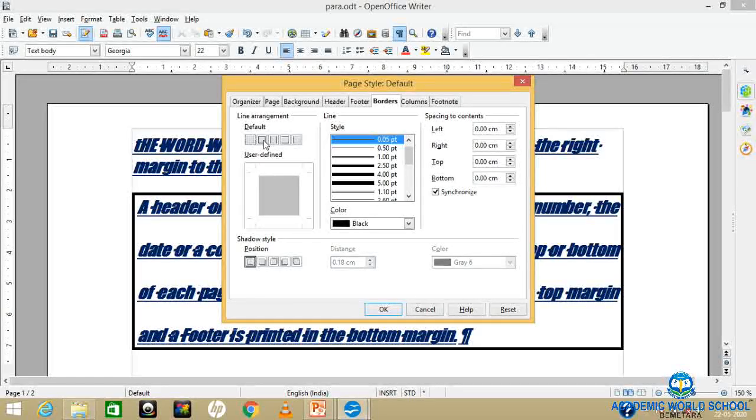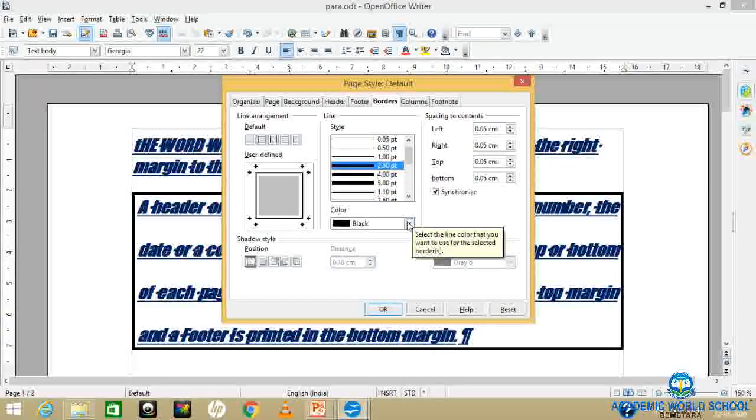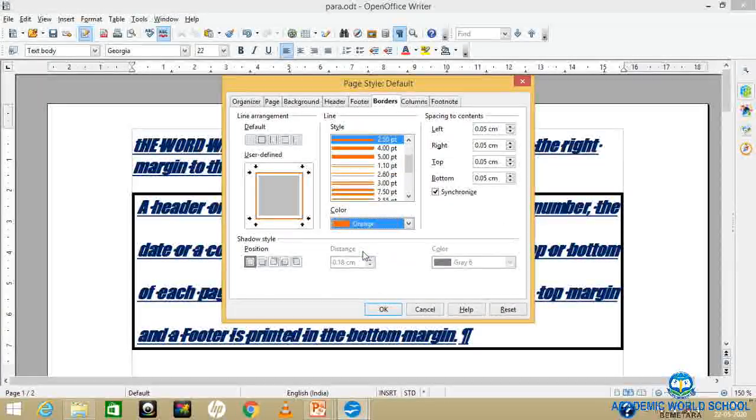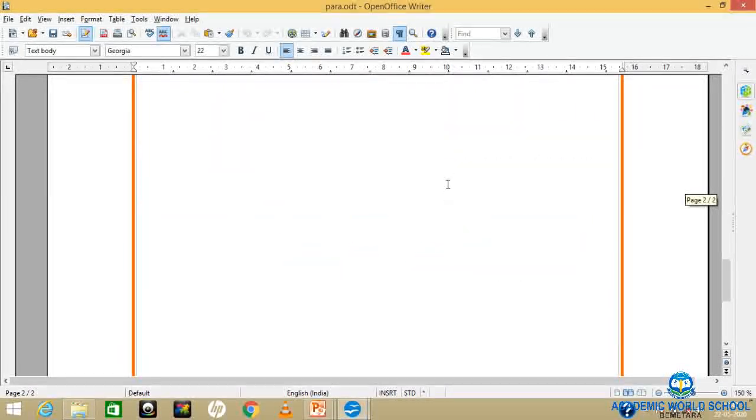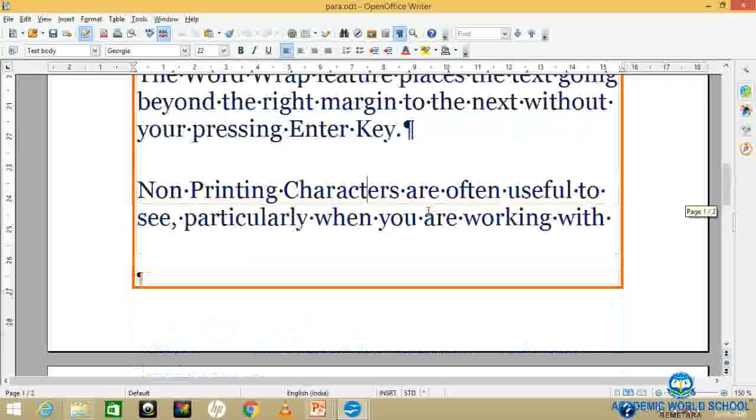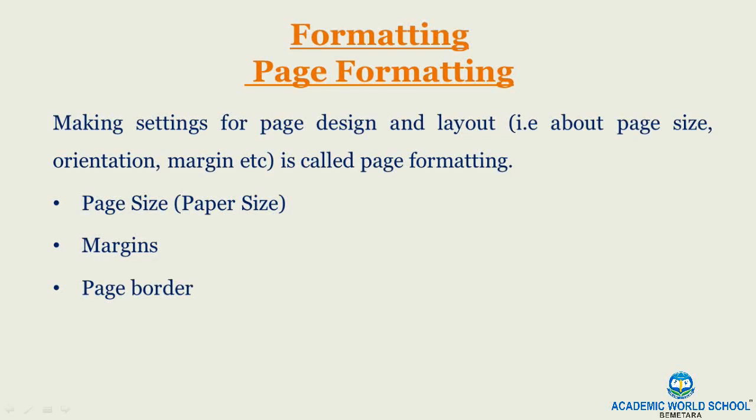The margin can also be set here with those two methods. Margin you can set from here as well as from the ruler. From this ruler, you can also set the margin of the page as you want according to your need, left, right, and top and bottom. And the same can be done with the page, this left, right, top and bottom. From here you can set it.